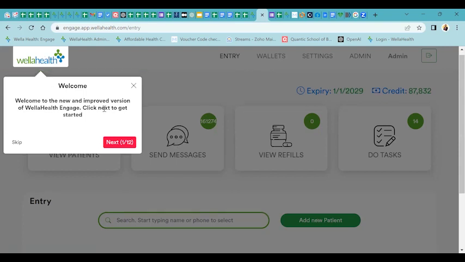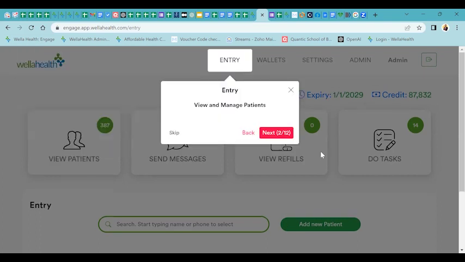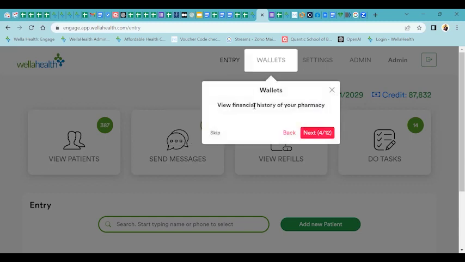So we have here some introductions that you can follow through to get to know what each feature is. And I'm not going to skip it. So first of all, this is welcome. You go to next. It takes you to entry. Entry is where we will view and manage our patients, where you view the patients that you've added and you can edit their details. Wallet is where you see financial history of your pharmacy,